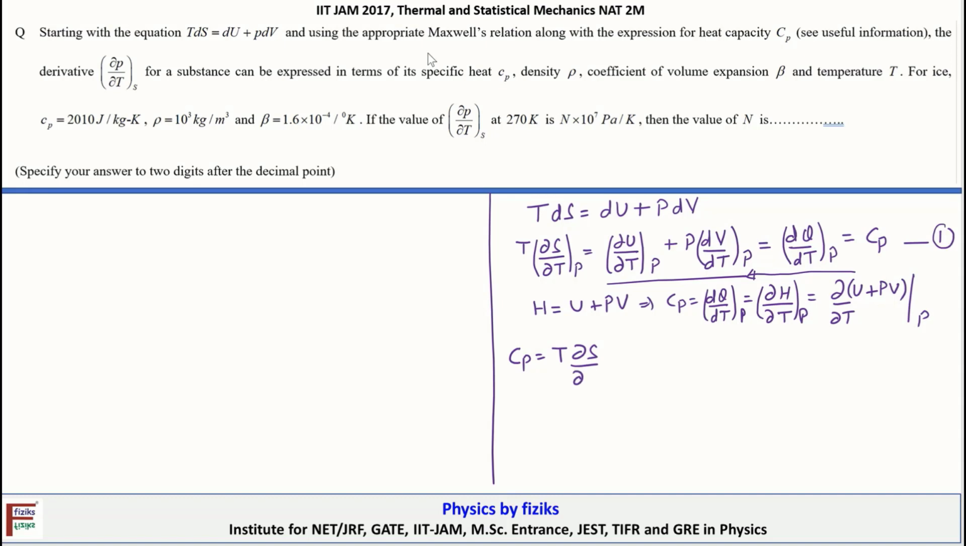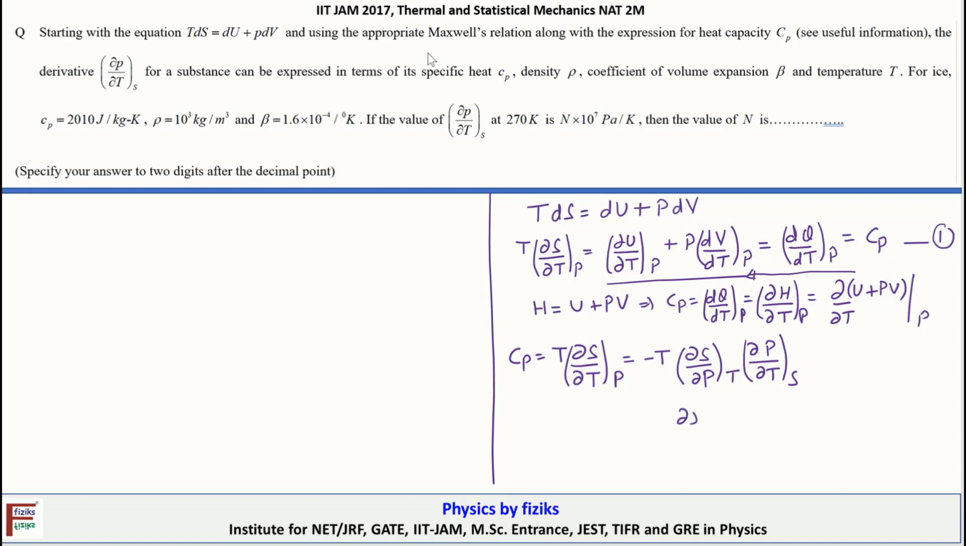T dS by dT at constant pressure. So here this can be rewritten by making use of the reciprocity theorem. Let me write the result first, and then I will explain it. Minus T, dS by dP at constant temperature, and then dP by dT at constant entropy. What I have done here is, as I said, we use the reciprocity theorem,